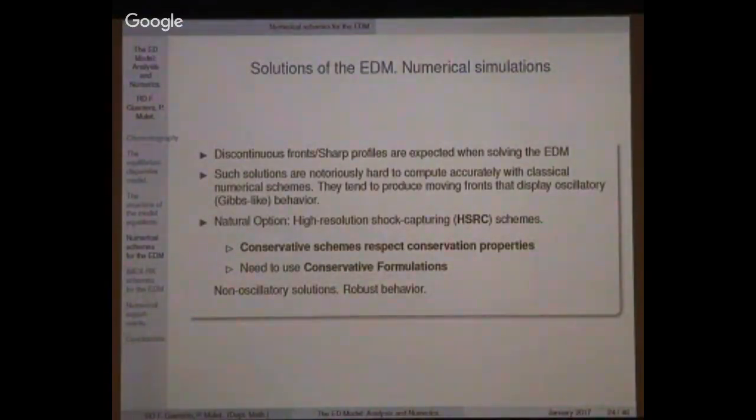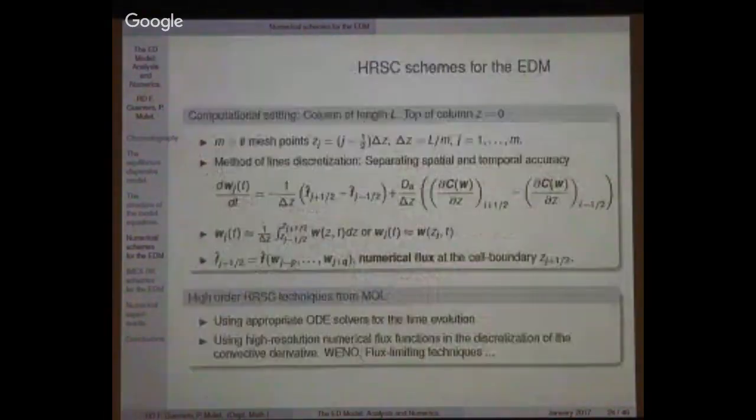If you want to respect all the properties that the physical system has just by having this form, okay? And if you do all that, you can expect non-oscillatory solutions, you can expect robust behavior, okay? So what is the computational setting for the schemes? So you have the column over here, okay? You decide how many mesh points you want to put. You define your mesh, here's for convenience. This has to do with the boundary conditions that I've said nothing about, but it's okay. And here's the space,